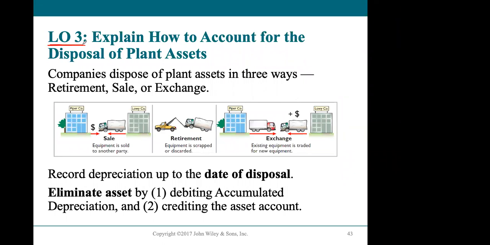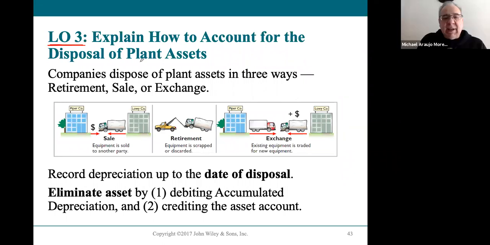We're going to be touching on learning objective 3, just so you understand what happens to these assets after the company is done using them, right? Because they have a useful life. So what happens to them once the company is done using them? In many instances,